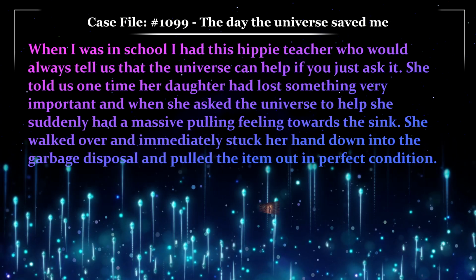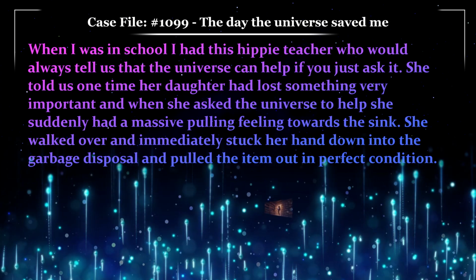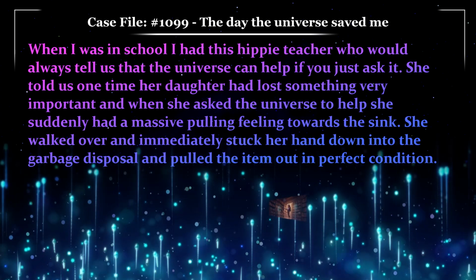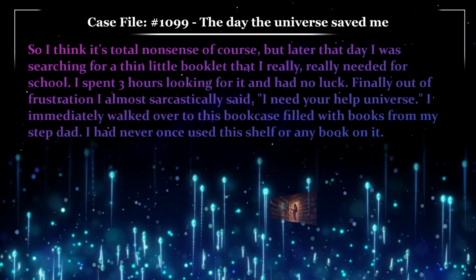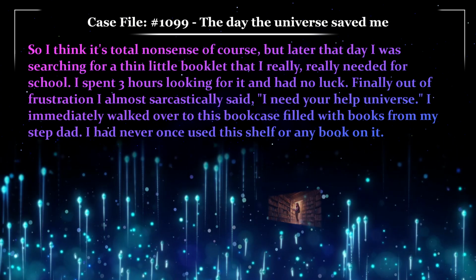She told us one time her daughter had lost something very important, and when she asked the universe to help, she suddenly had a massive pulling feeling towards the sink. She walked over and immediately stuck her hand down into the garbage disposal and pulled the item out in perfect condition. So I think it's total nonsense, of course, but later that day I was searching for a little thin